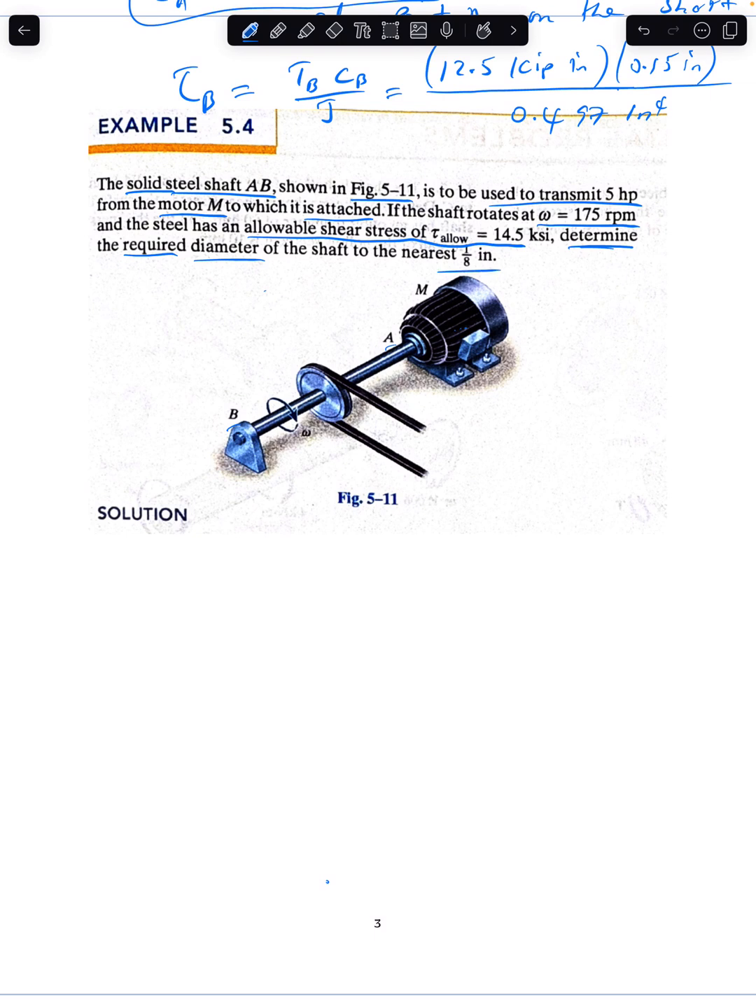So this question is all about a shaft design, you could see, because we need to determine the diameter of the shaft to the nearest 1/8 inches. So these are the following steps to solve the problem. Step 1. Read the problem carefully. And step 2,